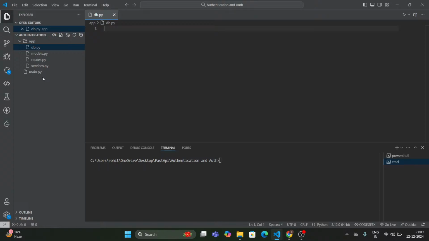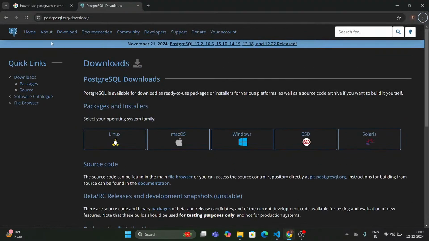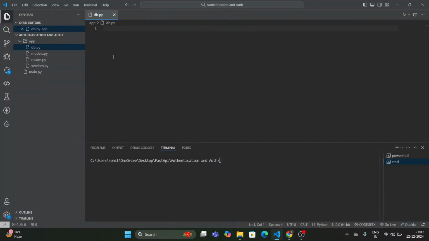So first we set up our database. Firstly, you need to install PostgreSQL on your system. If you don't have it installed, you need to go to the Postgres official website and download it from here. And you can download and set it up just like any other application. But make sure you remember your username and password. Username by default is postgres, and you need to set up a password. All these things we are going to use in our db.py to connect